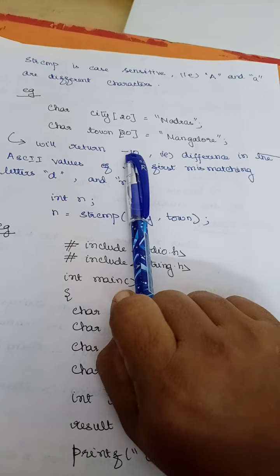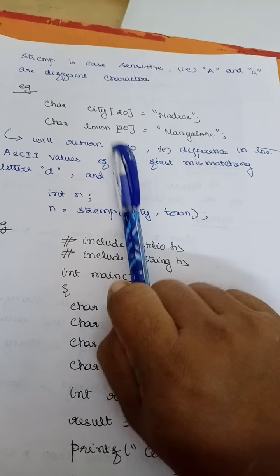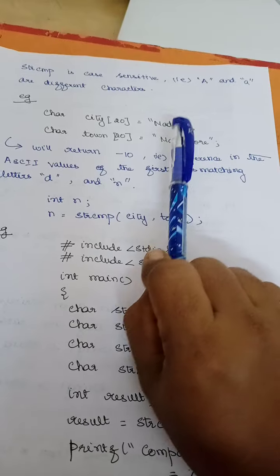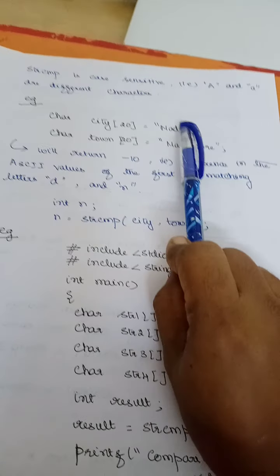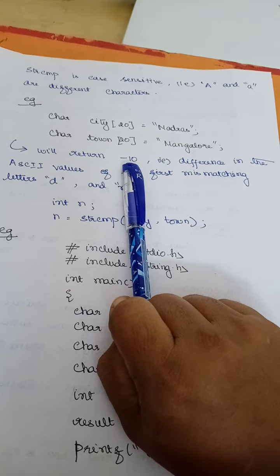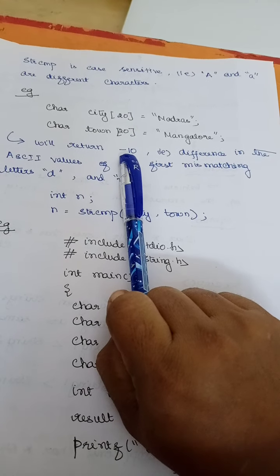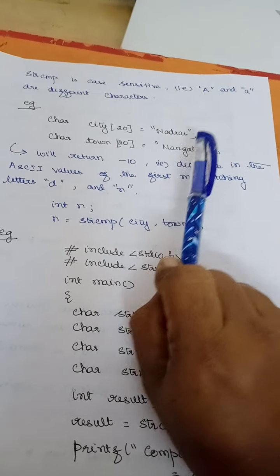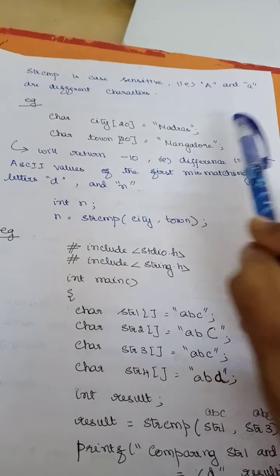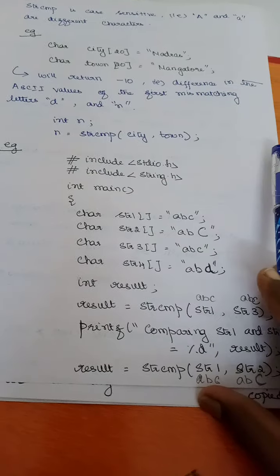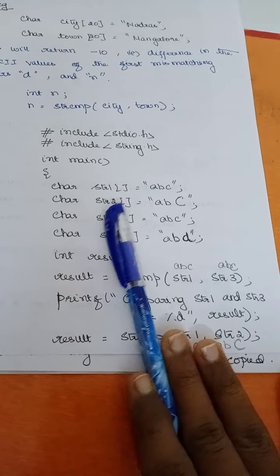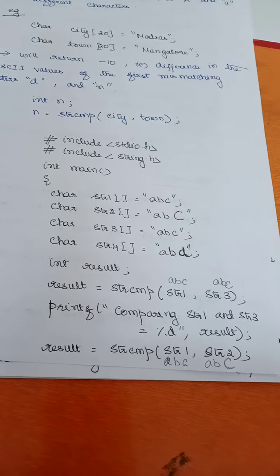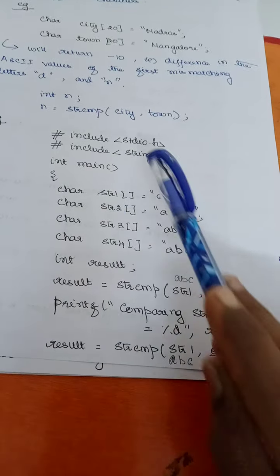Is that clear? And this will be a negative value because this has a lower value and this has a high value. This is going to be my string 1. This is going to be my string 2. So low, high, so it is going to give you a negative value. Whenever a negative value is returned, it means that string 1 is less and string 2 is greater. Clear? Now we'll move on to a small program where I have used all three: equal, less, greater. So please check this.